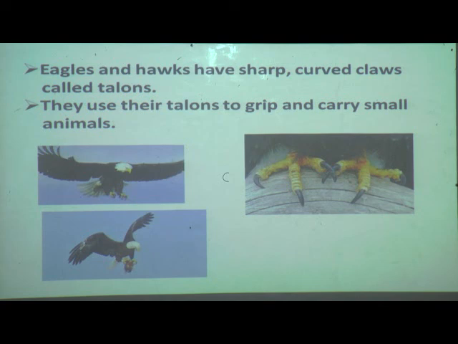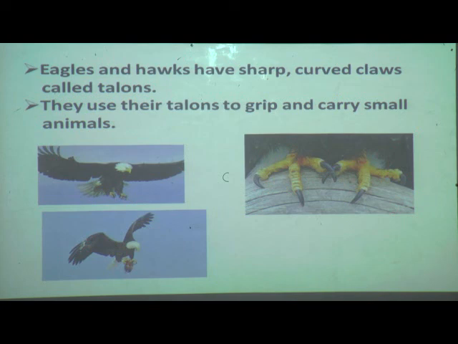Understood? Now till now we have seen first perching bird feet, birds like pigeon, sparrow and crow, and we have seen webbed feet, birds like duck, goose, and we have seen wading birds' feet, birds like heron, crane, and we have seen climbing birds' feet, birds like parrot, woodpecker, and lastly swimming birds' feet we have seen.